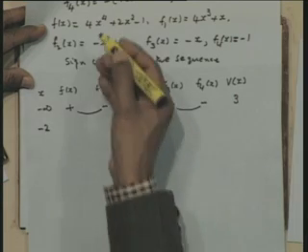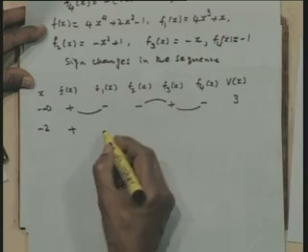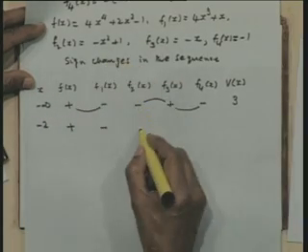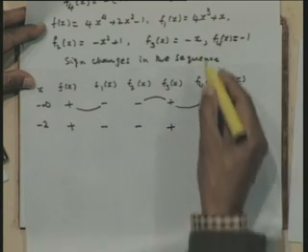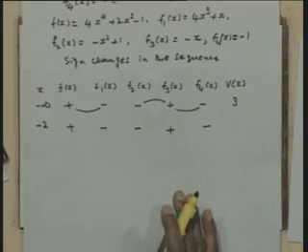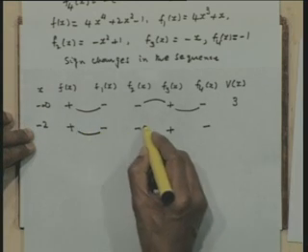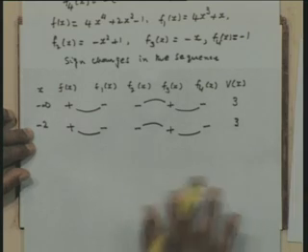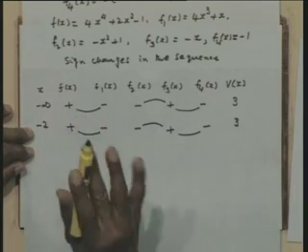This we have already discussed. So if you put minus 2, I will have a plus sign here, a minus sign here, and if I put minus 2 in this, this will be again a minus sign, this will be a plus sign, and this is a minus sign. So I have chosen a number which is in magnitude greater than 1, and therefore the number of changes of sign in this is again 3, which shows that there is no negative real root beyond minus 2.